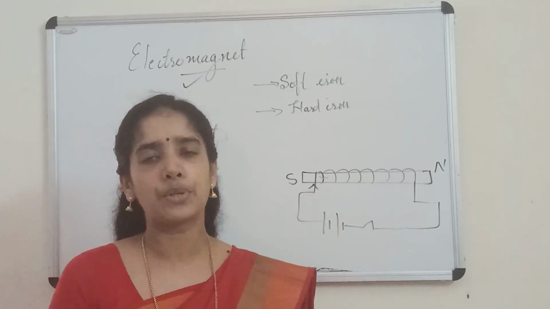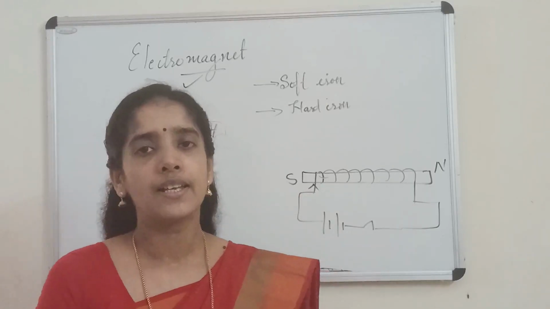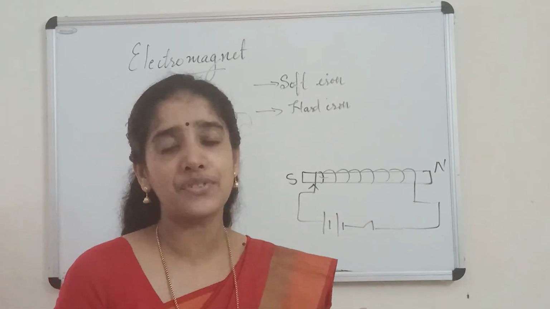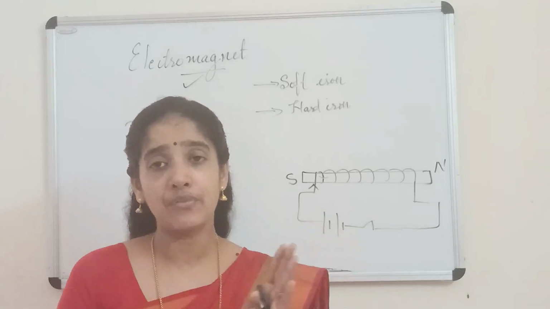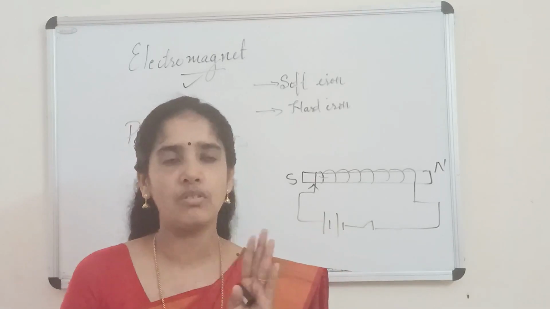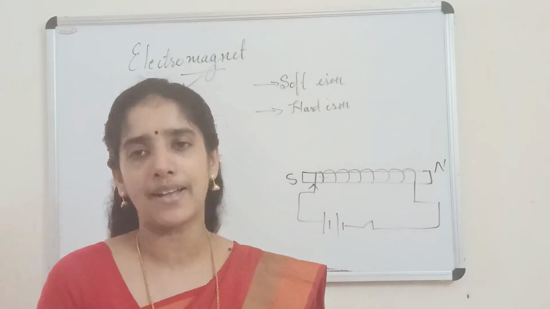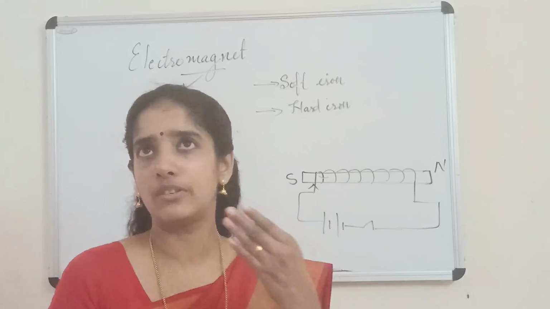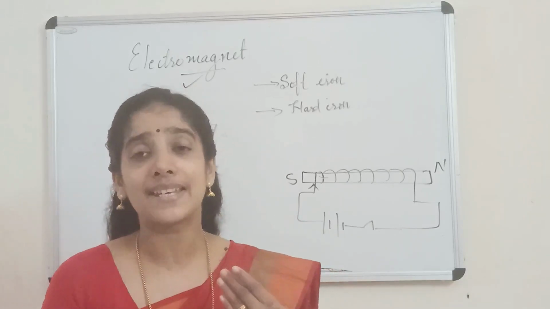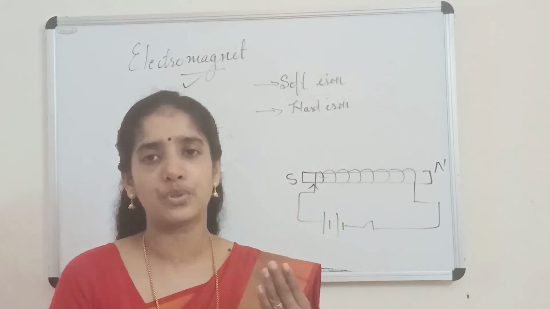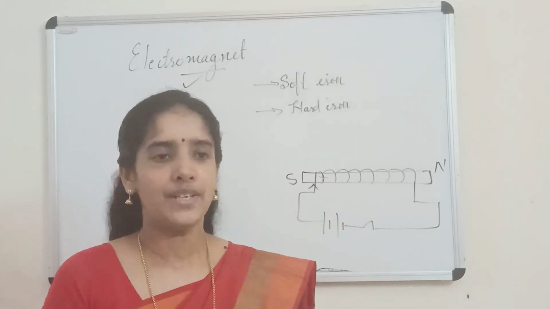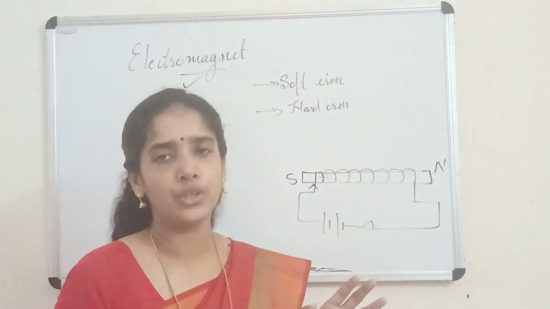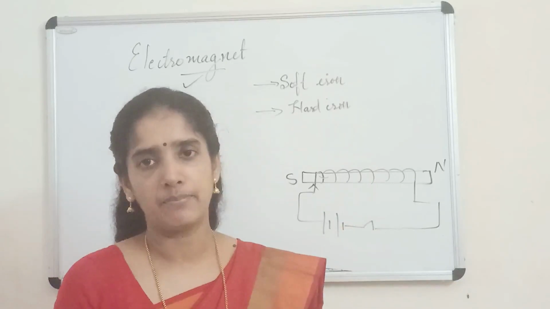There are many applications for the electromagnet and the permanent magnet as well. If you take the case of a permanent magnet, you have studied in the first chapter of class 10 physics, electricity, different devices like ammeter and voltmeter. In all these devices we use permanent magnets. But in a motor, generator, fan, mixie, washing machine, in all those devices you use electromagnets. How electromagnets are used there, you will study later when you study about motors. So these are the uses of electromagnets and permanent magnets.